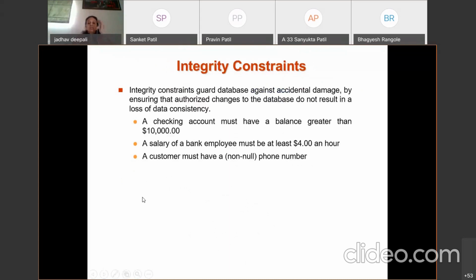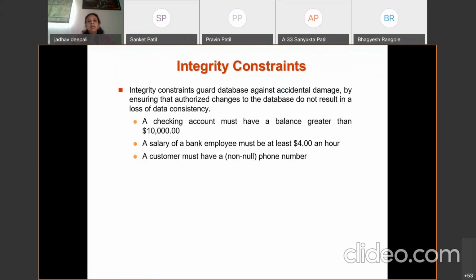Okay, so that is one of the constraints that we can apply on the table. Now we are going to see another constraint that we can apply on the table. The integrity constraint, what is the purpose behind the integrity constraint? Why should we use integrity constraint? Integrity constraints guard the database against accidental damage by ensuring that authorized changes to the database do not result in loss of data consistency.